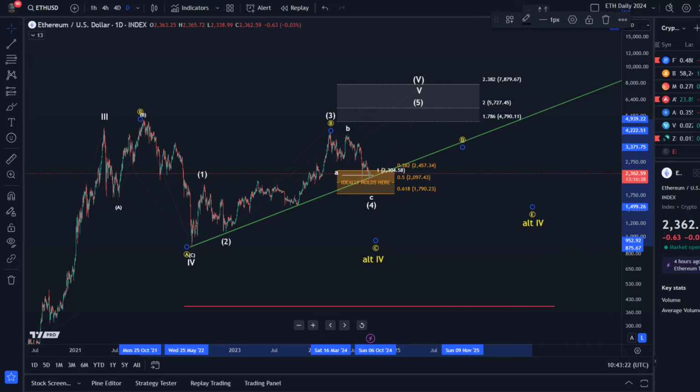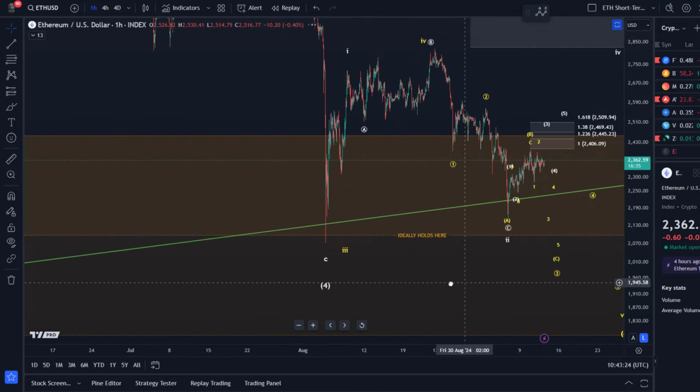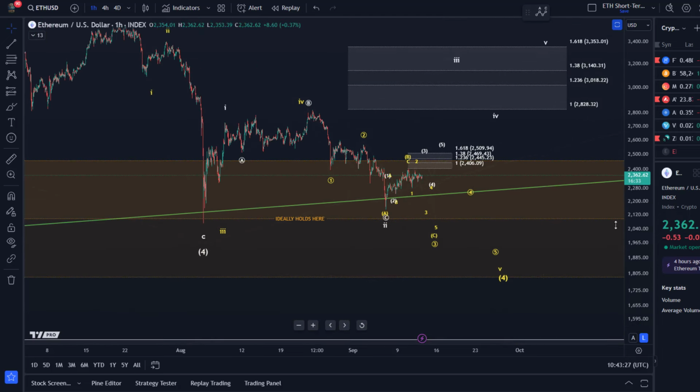Now let's take a look at the smaller time frame. Here you can see a pathway that could give the bulls a comeback chance. This scenario is highlighted in white. Here you also see the green trend line. If we say that a fourth wave might have bottomed here on the 5th of August, then in white,